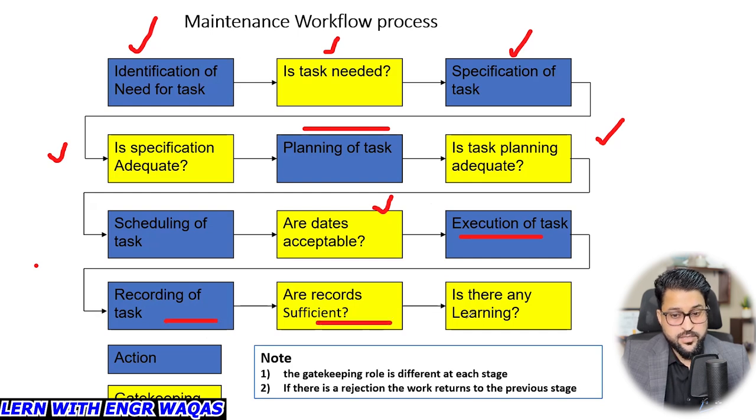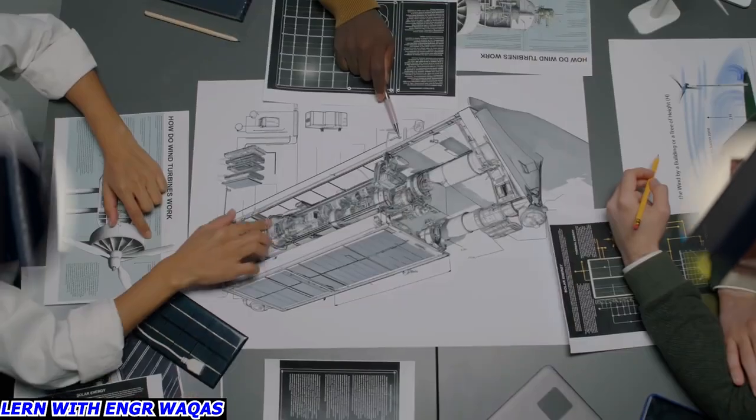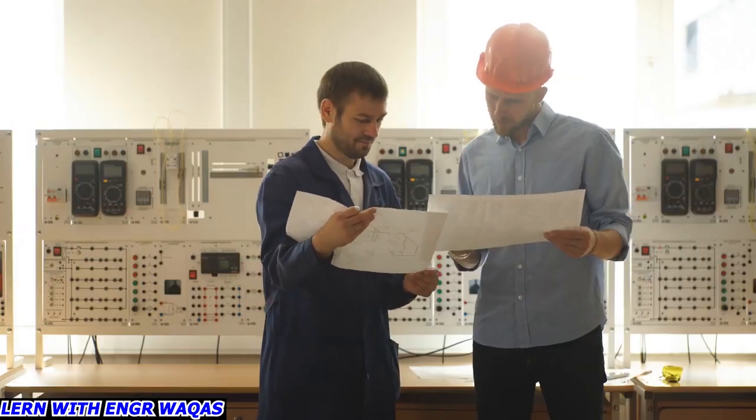Our records are sufficient? Is there any lesson learned? You are going to maintain and make it an OPA, an organizational process asset. This is the basic philosophy you are going to follow. And the next is to gather your work data, generate your work orders, and then collect those work orders inside